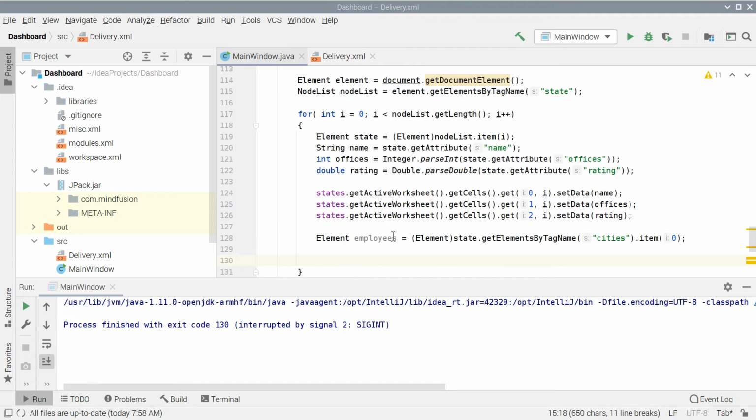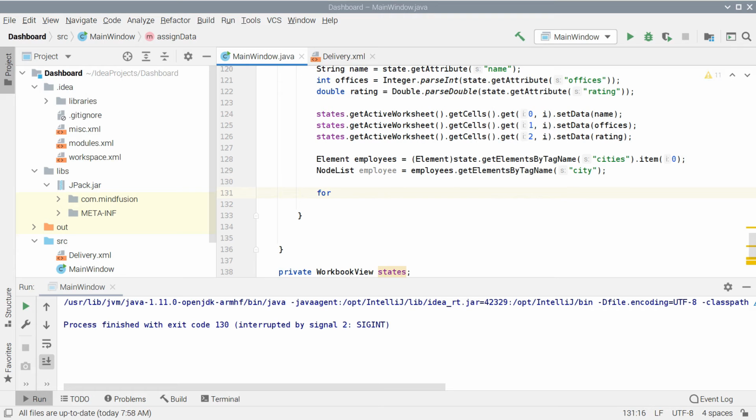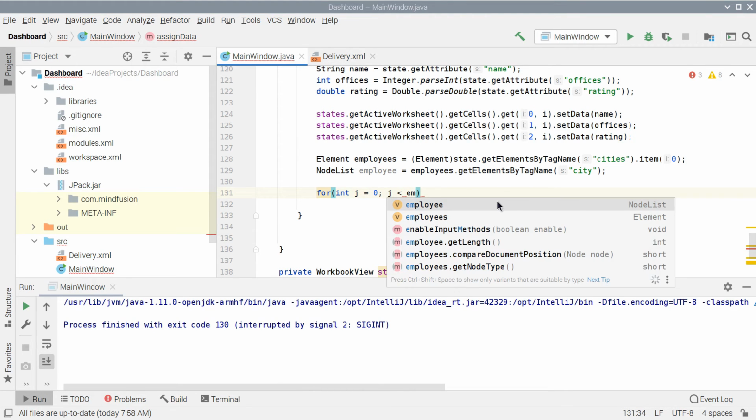There are the city records with data for each city in each state. We get the city nodes in a node list. Then we have to cycle through all those nodes and parse the data in each one of them.